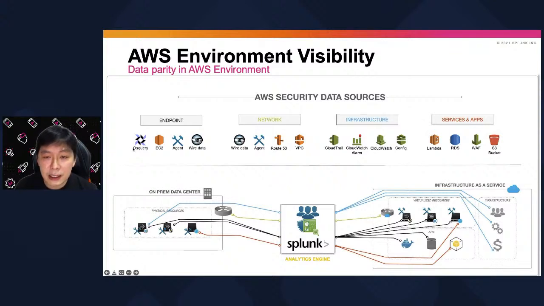So from here, they can start to gain a better understanding of the things we really need to look at. For example, from an endpoint perspective, they can start looking at, hey, I understand that endpoint would be EC2, and I may be interested in pulling data from the host itself by using osquery installed onto all these instances. And when it comes to understanding the traffic flow, what is going through the environment, they might be interested in pulling out some of the services they're already leveraging on AWS, like Route 53,